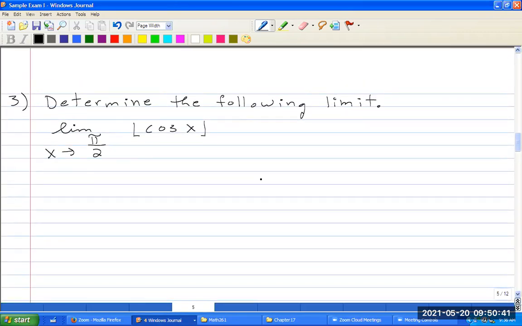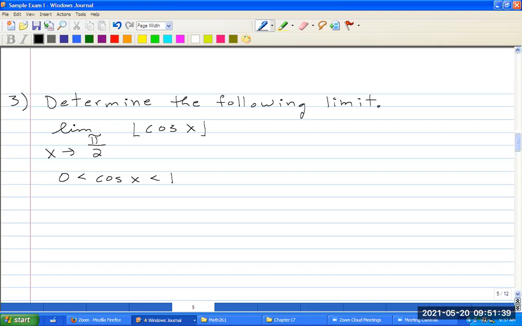Let's do problem number 3. Determine the following limit. The limit as x approaches pi over 2 of the floor of cosine of x. Well, cosine of x, and maybe I should say this, so cosine of x is between, let's see, 0 and 1